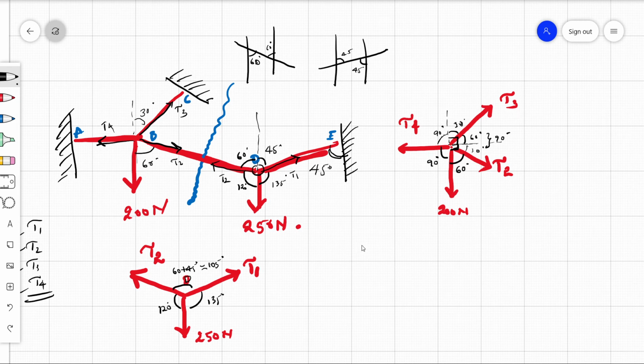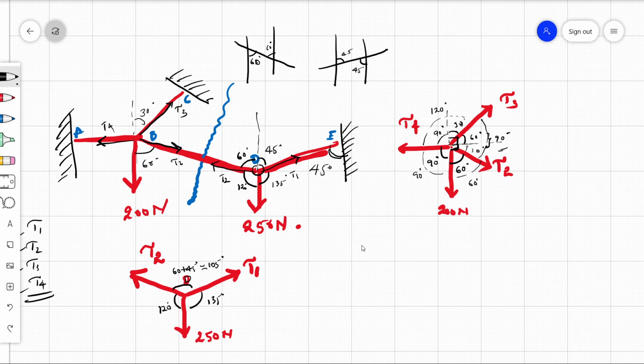And over here this total is 120 degrees, and this total is 90 degrees, and over here it is 60 degrees, over here it is 90 degrees. So this is the thing, but you need to understand one thing: we cannot apply Lami's theorem. Remember, we cannot apply Lami's theorem. Why? The reason is simple.